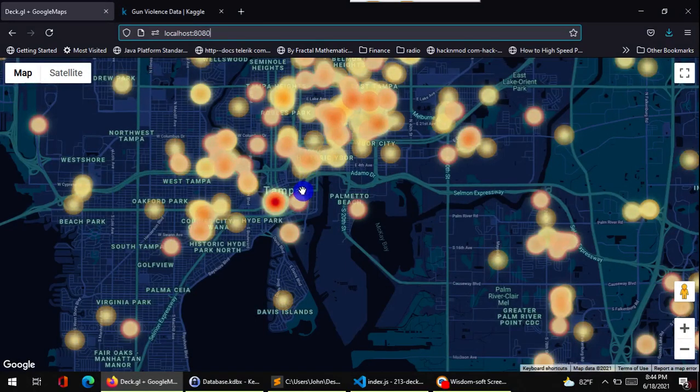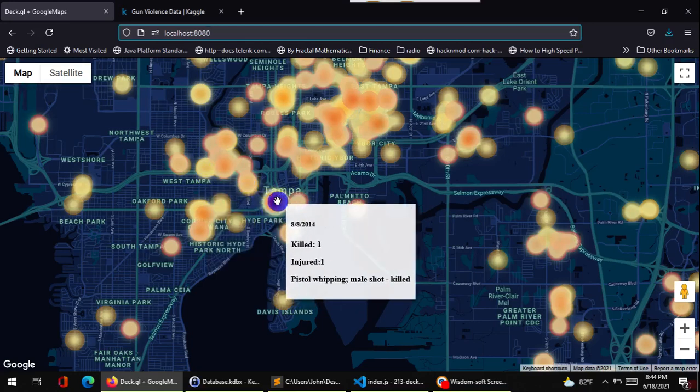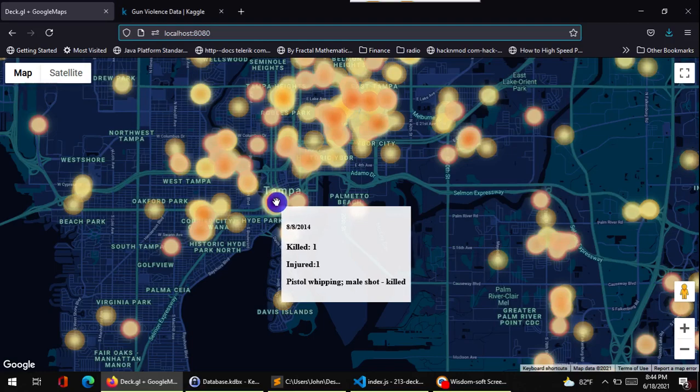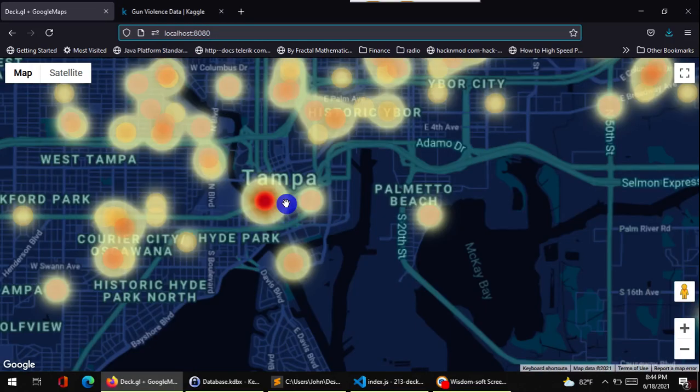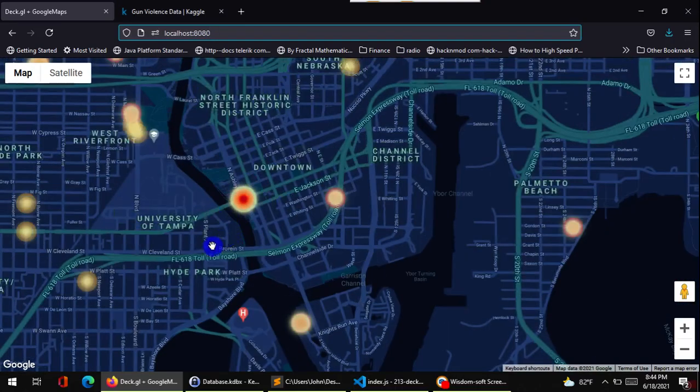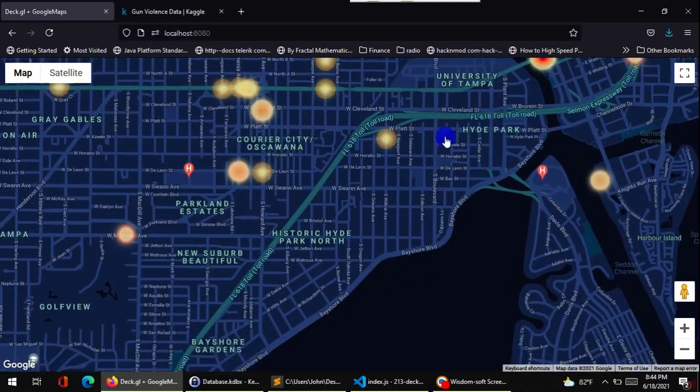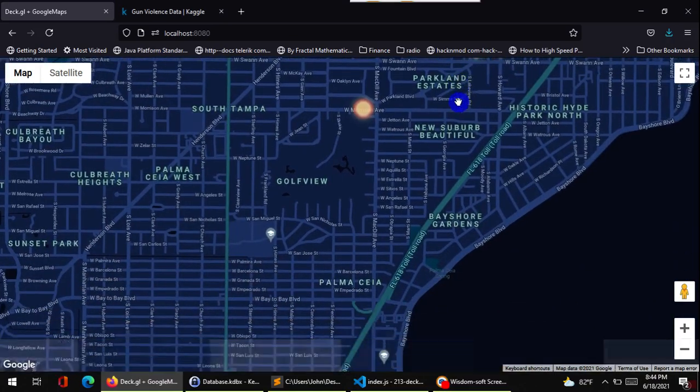And here, the red ones are for people getting killed, and the yellow ones are for when people are injured. So if there are lots of incidents at the same location, it just shows a more pronounced dot on the map. So if we zoom in a little bit here, we can take a look at